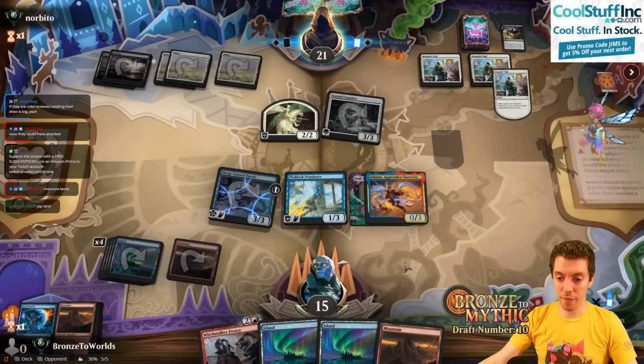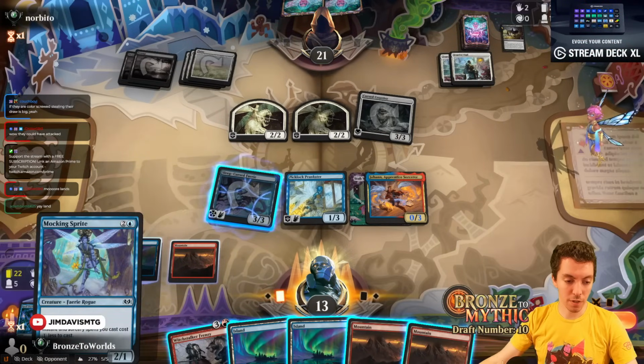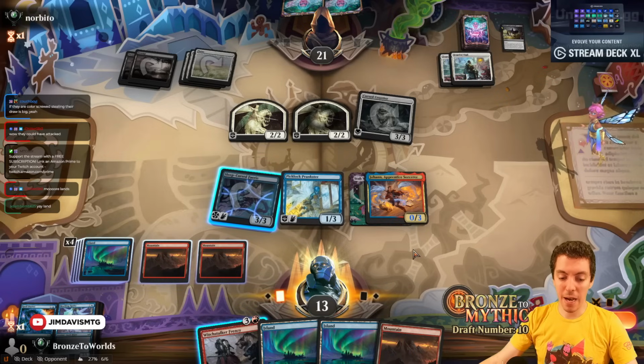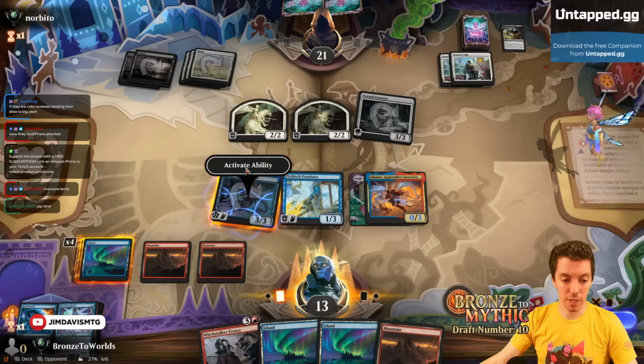We got more stuff? Wow. Alright. Need to find some spells here at some point. Can't keep drawing lands. Top card is a Mocking Sprite. Sure. I mean, now you have the ability to untap this thing. We just like untap and attack. I think untap it again, I guess, right? So